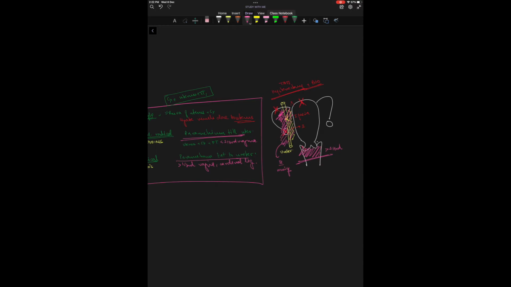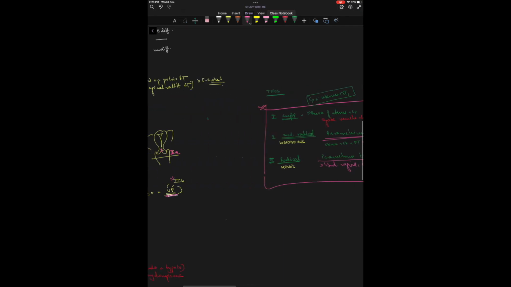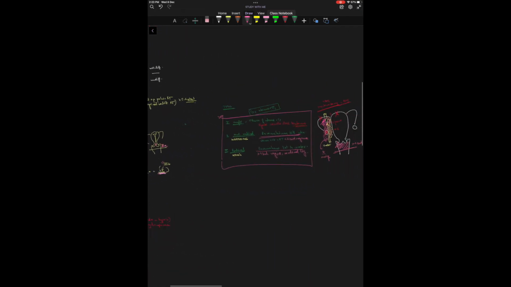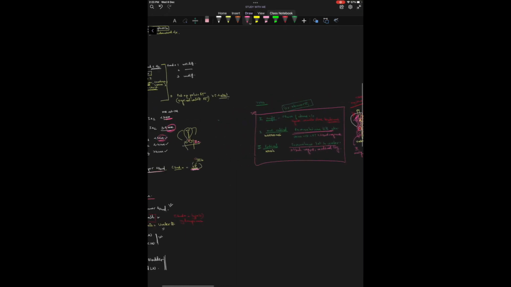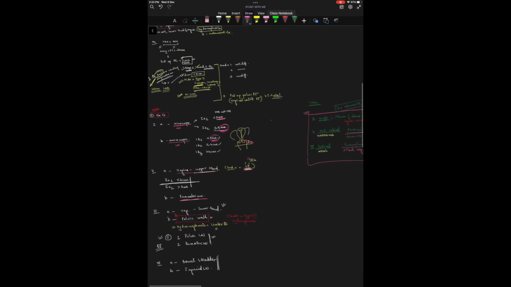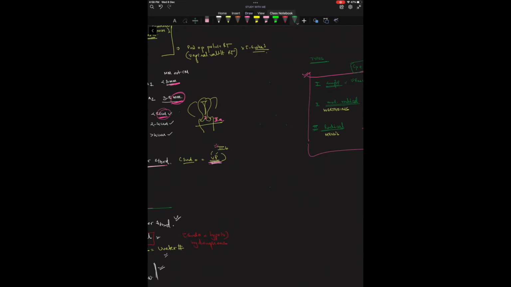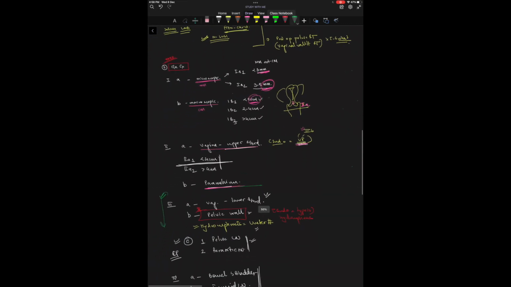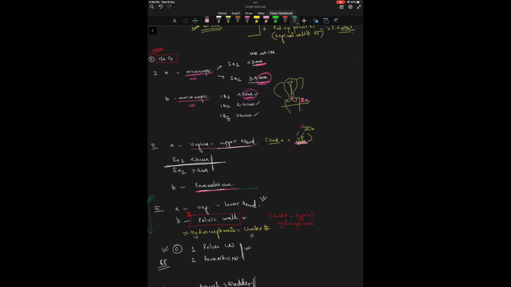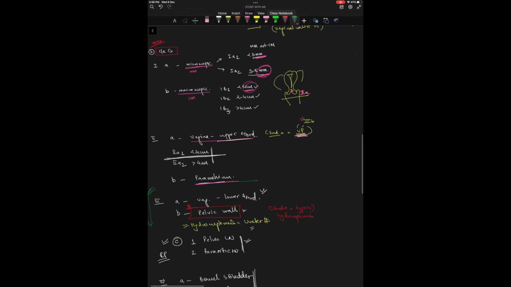So what you need to remember is that here parametrium till the ureter is removed, and here parametrium even lateral to ureter is removed in Meigs. So it depends upon the involvement of the parametrium. Fine. Okay, so talking about the treatment, let's simplify the treatment first and then we will get into the details of it. Just remember this stage, stage 2B.